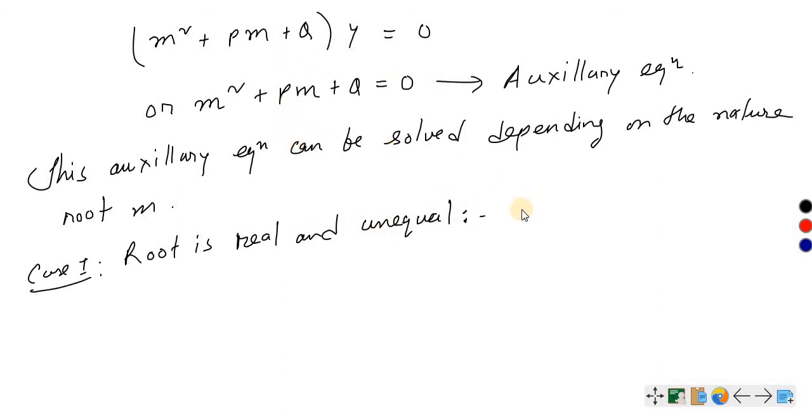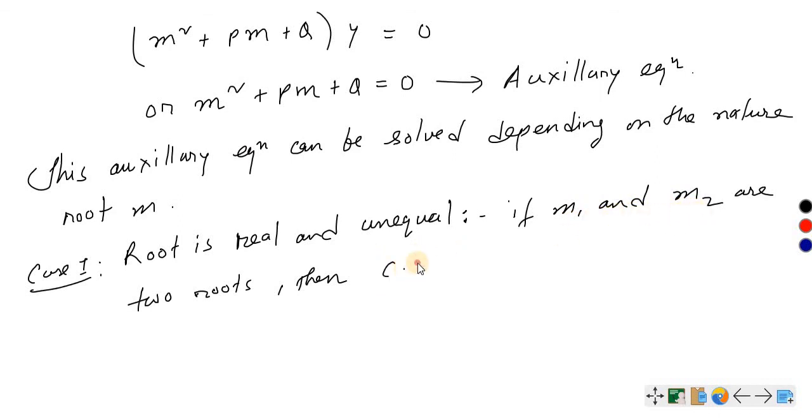Okay, so if m1 and m2 are 2 roots, and these 2 roots are what? Real numbers, remember, and they are different, not equal. Then complementary function is